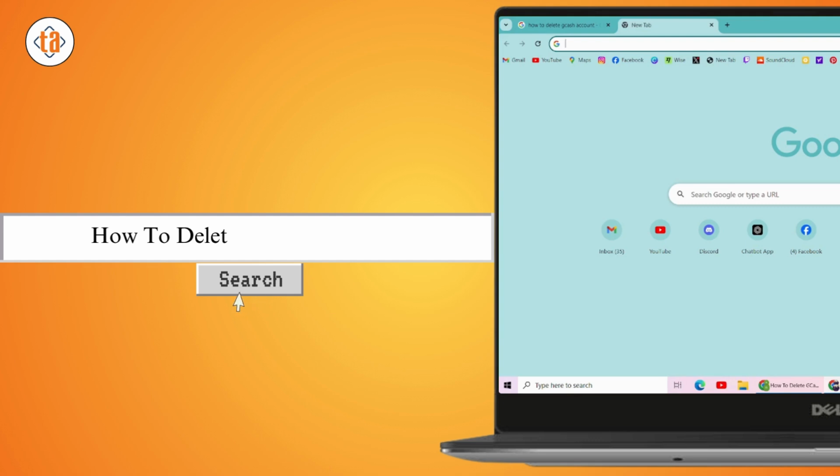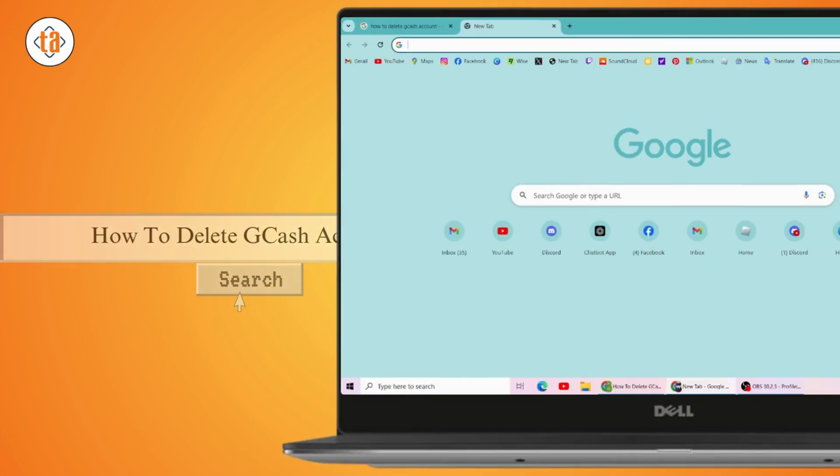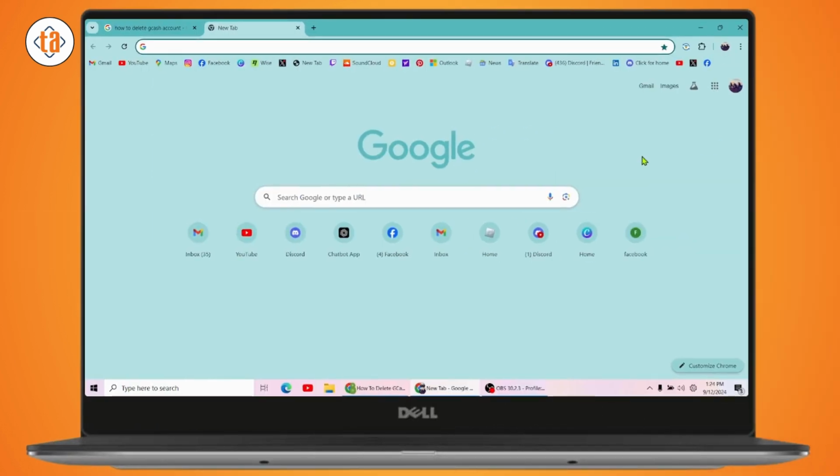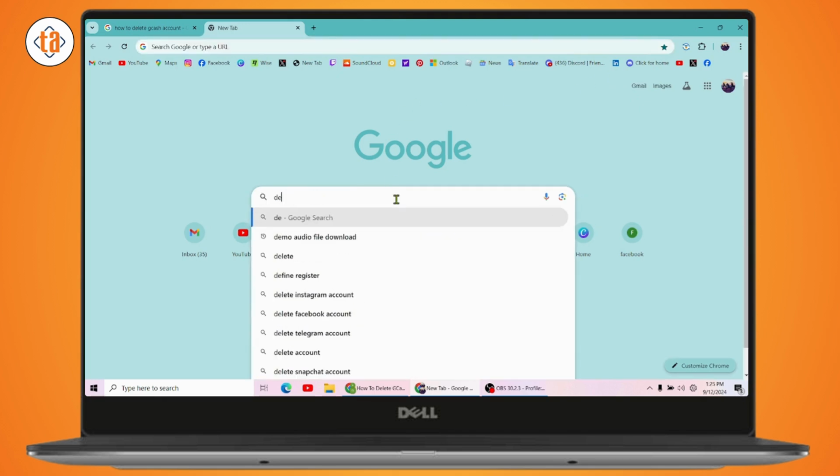How to delete GCash account. So if you want to delete GCash account, then open up your browser and then simply go and search for